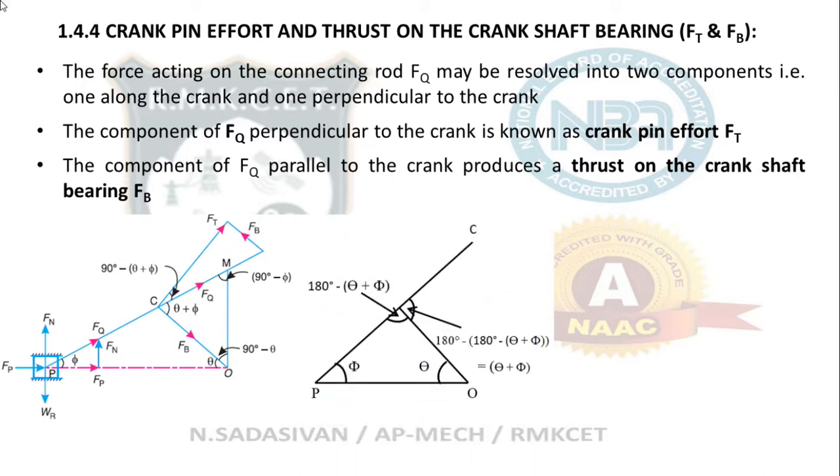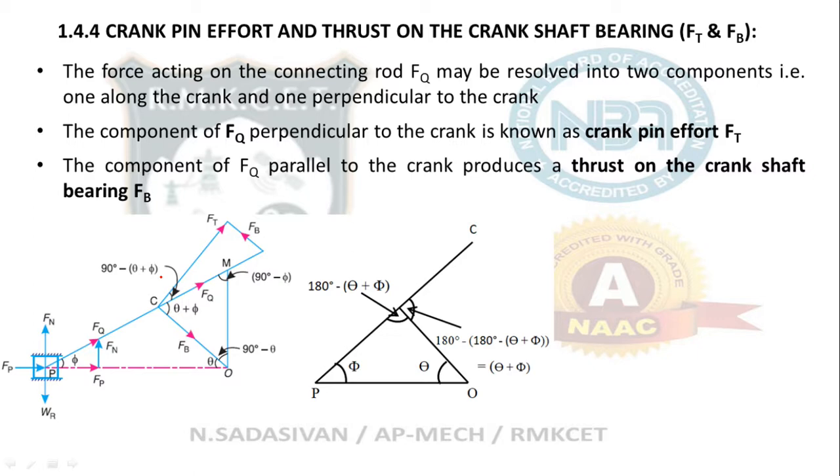So now we are going to derive two expressions. I am going to derive an expression for Ft and Fb in terms of Fq, one expression for this and another expression for this. Now I am going to tell you how this angle came, so that you understand every step of this derivation. I have just redrawn the triangles in the second figure.